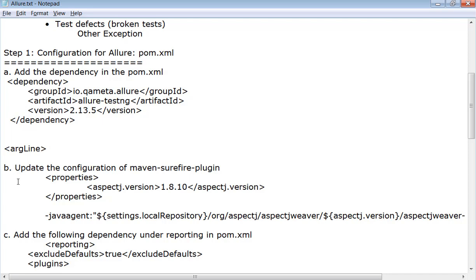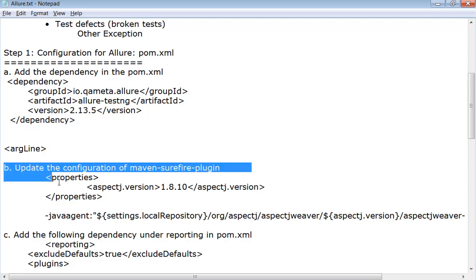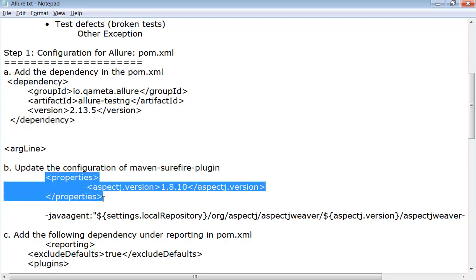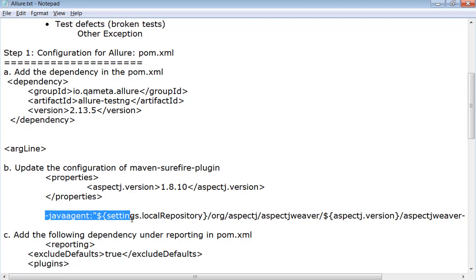In step 1, point B, which is referred to here, it expects us to put these properties and also add this line in the Maven Surefire plugin configuration. And we always use the Maven Surefire plugin to execute TestNG test cases.